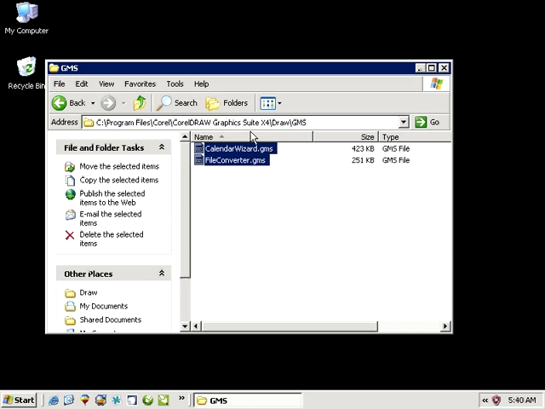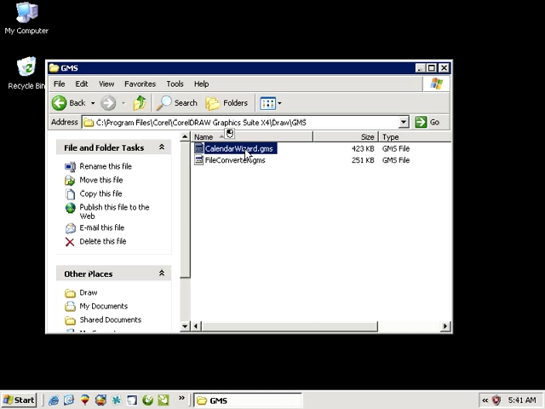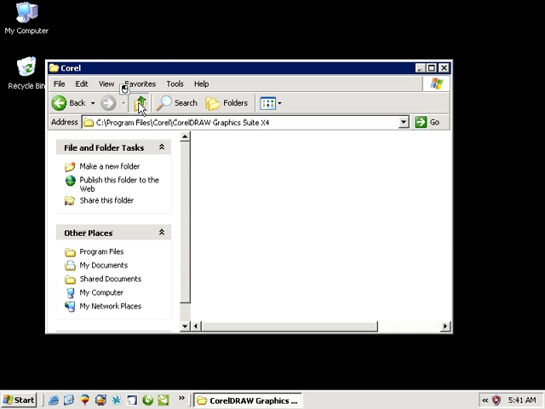They're in the program files folder, and I don't recommend storing your macros in this folder because you're going to be editing them, saving them, and permissions issues with Windows XP, SP3, and above could happen if you store your GMS files here. So although it's okay to leave the default macros here, these are the ones that come with CorelDraw, the best place to put your macros are,